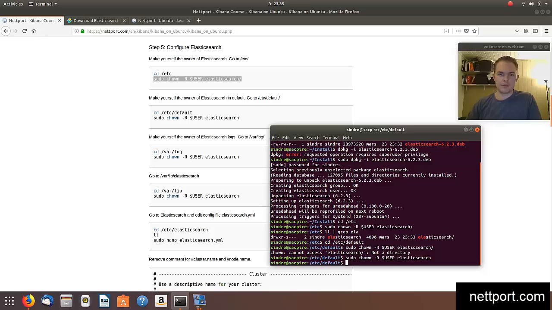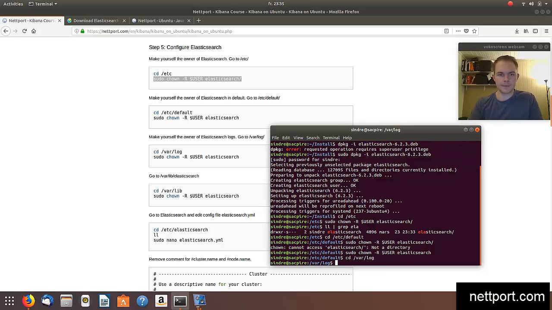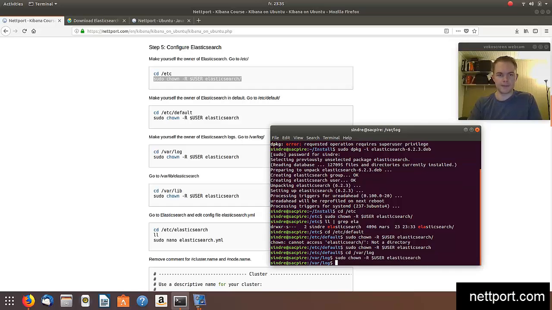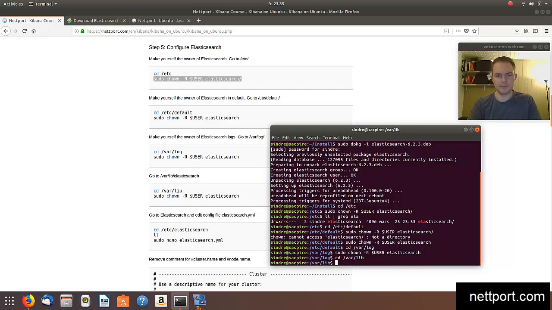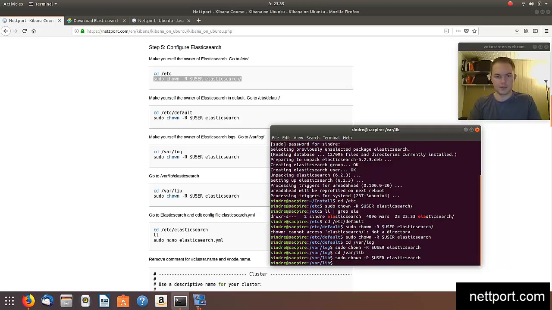And then we have log files, so cd /var/log, and do the same here, and it's also a file. Okay, and then we have lib, cd /var/lib, and do the same here, and it's a file also. And then we have configurations, cd /etc/